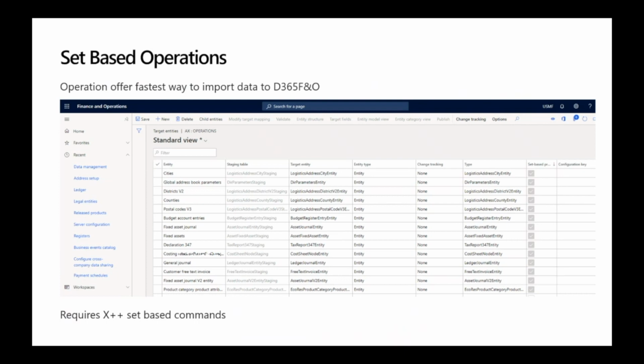Instead of having communication between the AOS and the Azure SQL on a record by record level, you pass the data in bulk to the Azure SQL, reducing all the latency between AOS and Azure SQL and getting a huge performance increase.